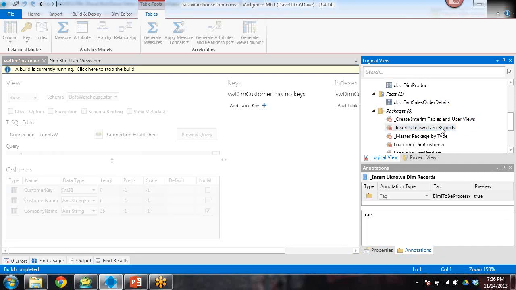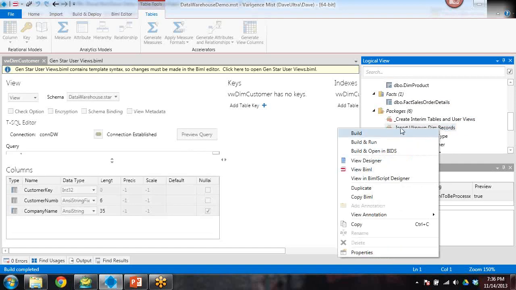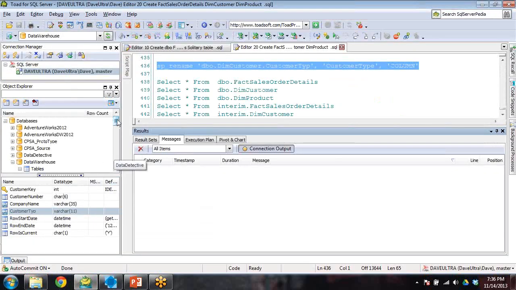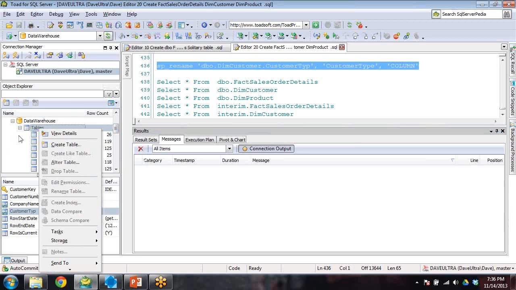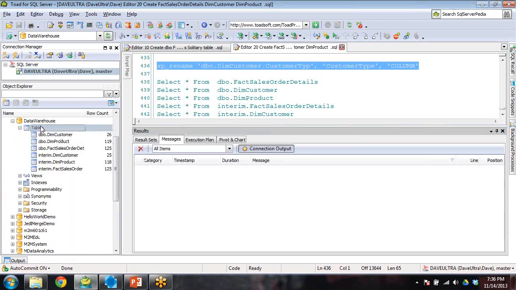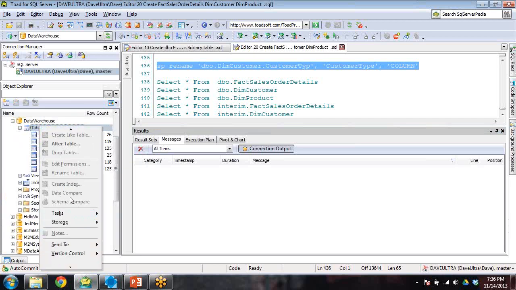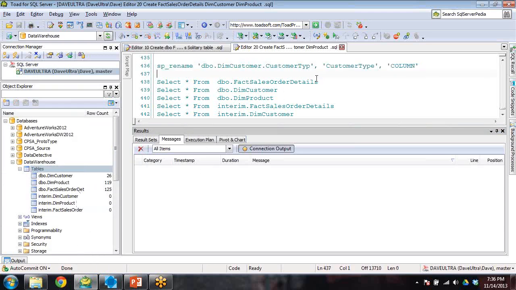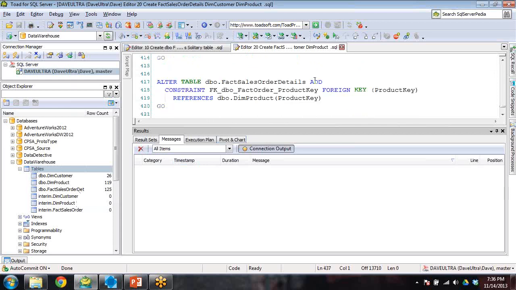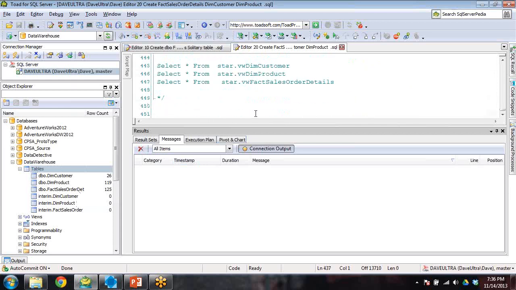And just for good measure, I'm going to go in there and I'm worried about something. Did I clear these? I don't remember if I did or not. Refresh. Yeah, that wouldn't be much to look at. That would not be much to look at. Let me delete those a second. Delete